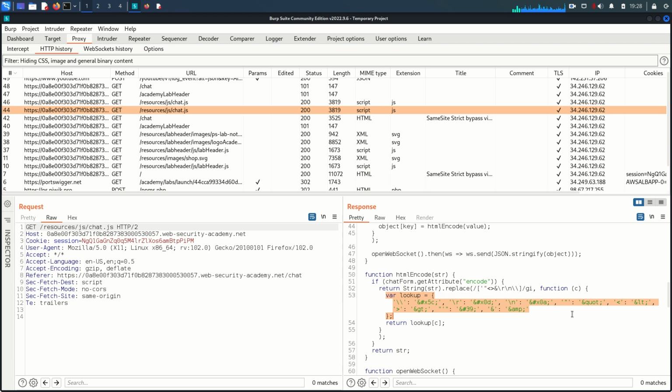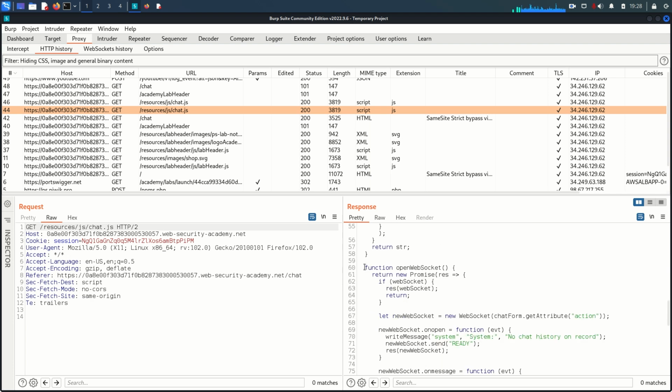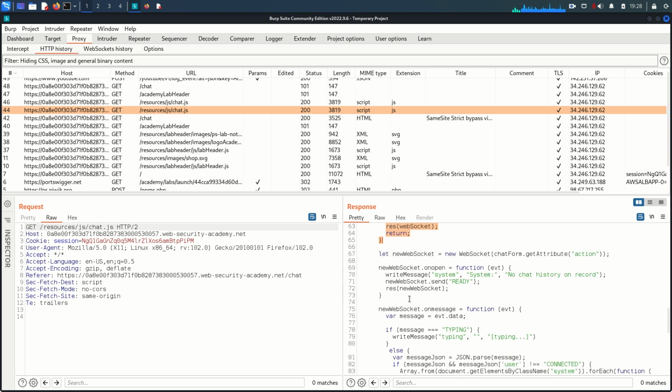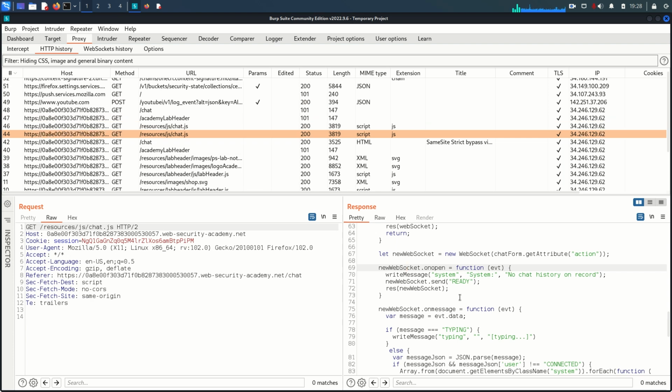And this is for encoding, so it is performing some HTTP encoding. But this one is important for me, because here you can see what this code is doing. This code basically handles messages sent from the server and also manages the connection close and error events by logging. So it is going to log